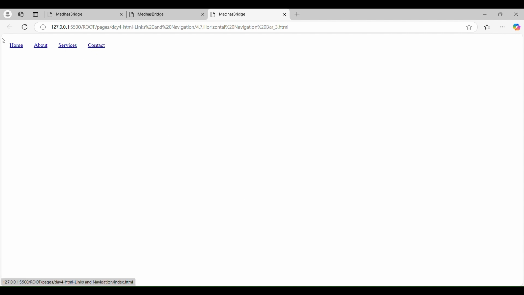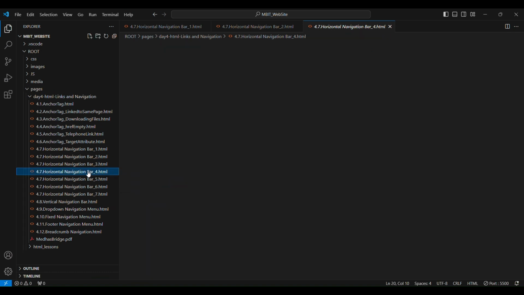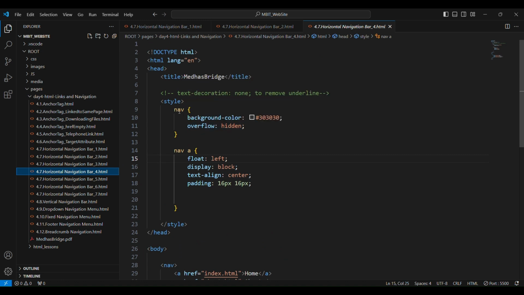Okay, but you have a horizontal block bar, and something is missing, right? The reason for it missing is maybe it has moved out. What you would do is make one more change: overflow equal to hidden. When you say that, within this